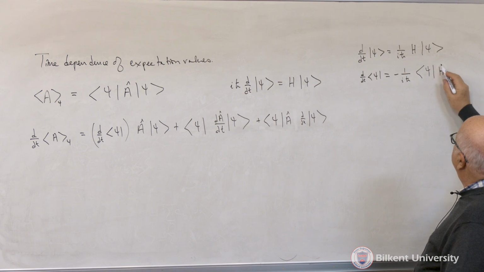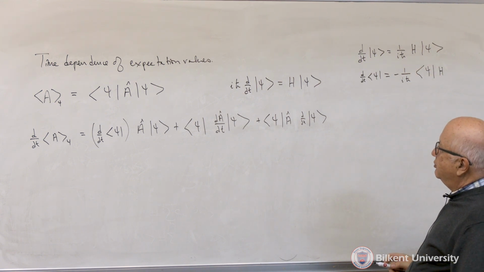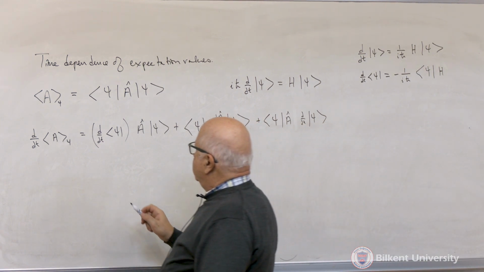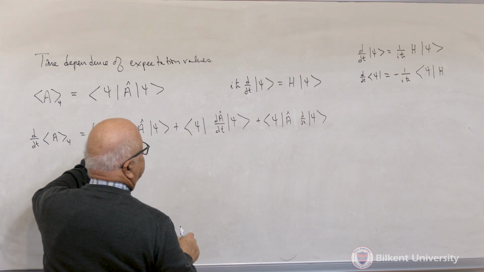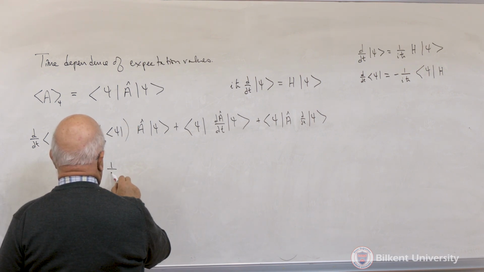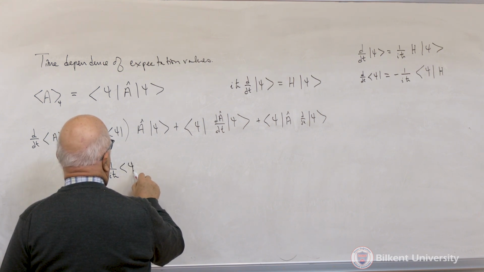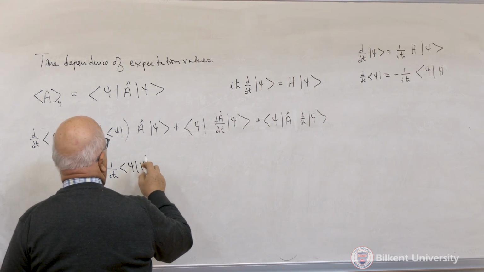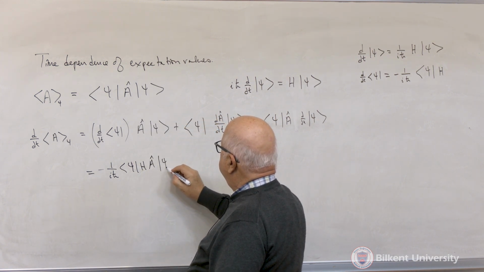Normally it would be the adjoint of H, and I have something like this. So let's put all of those things in. This gives me d/dt of ⟨psi|, which is minus 1 over i h bar ⟨psi|H, and then the rest of the equation, A|psi⟩,